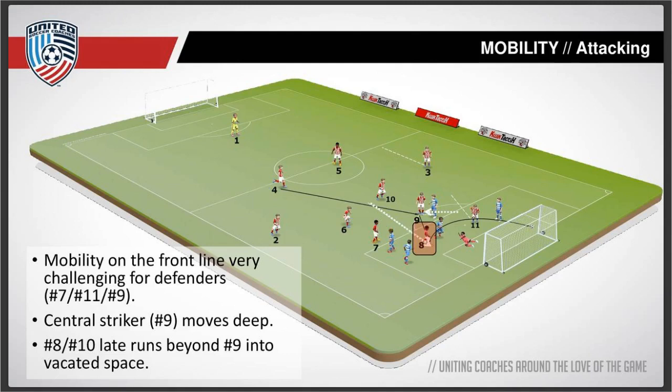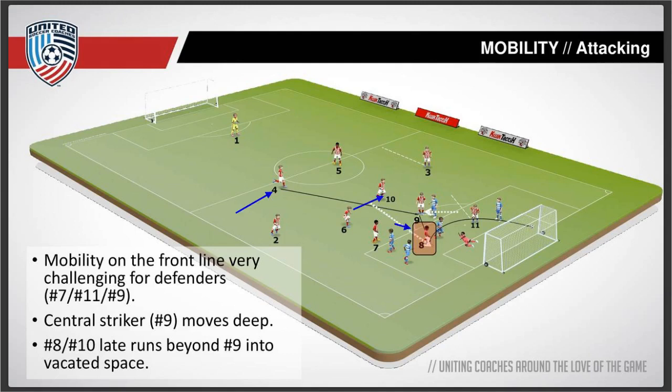Ian, this type of movement pattern seems something that would be worked on significantly in practices. How much time would you dedicate to practicing this type of movement patterns, and at what age would you start that type of training? It's an excellent observation that something as sophisticated as this 3-man pattern here between 4, 9,